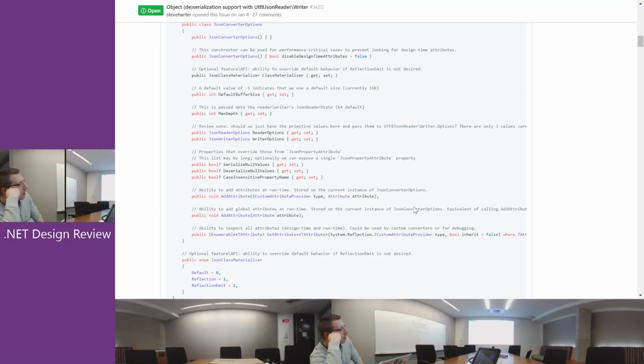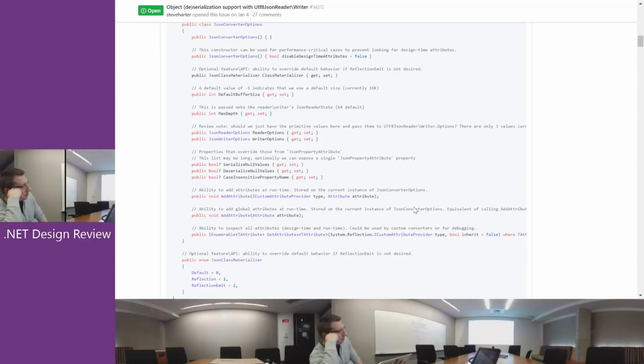set to some non-null value. Yeah, I guess the question, and that's something that I don't know the answer to, is how common are these? Is this common that you want to control these things on a per type basis, or is this generally something you want to do on a global basis? I think 90% of the time, global is fine. It's just if you're using other people's types, maybe, or maybe for multiple people, that things get a little goofy,